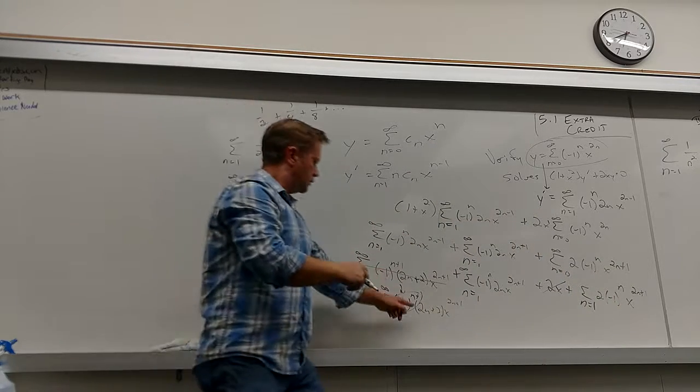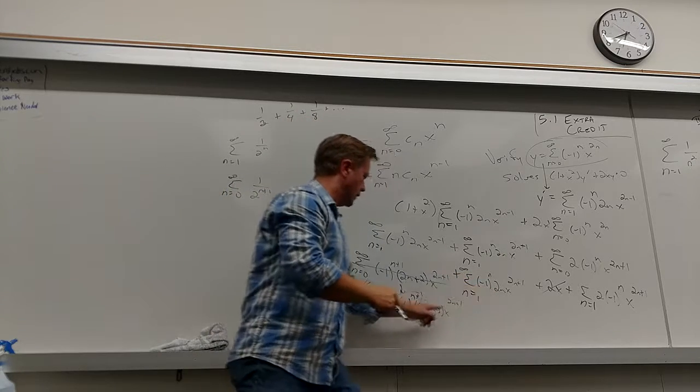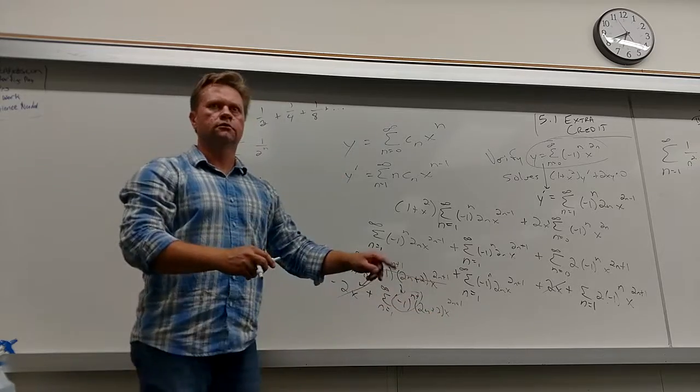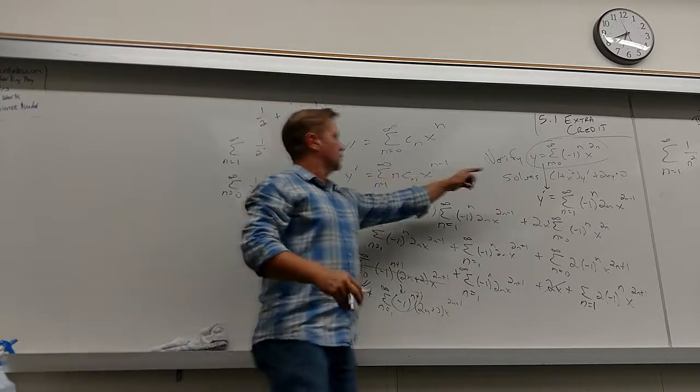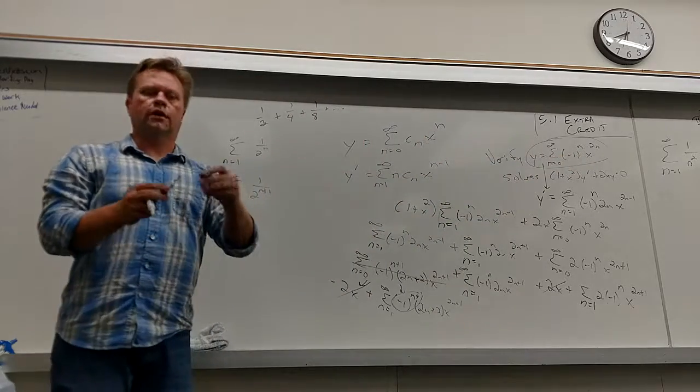So if you distributed this part through, you would get this guy cancels with this guy, that guy cancels with this guy. So everything becomes 0 like it's supposed to be. All right, now obviously,